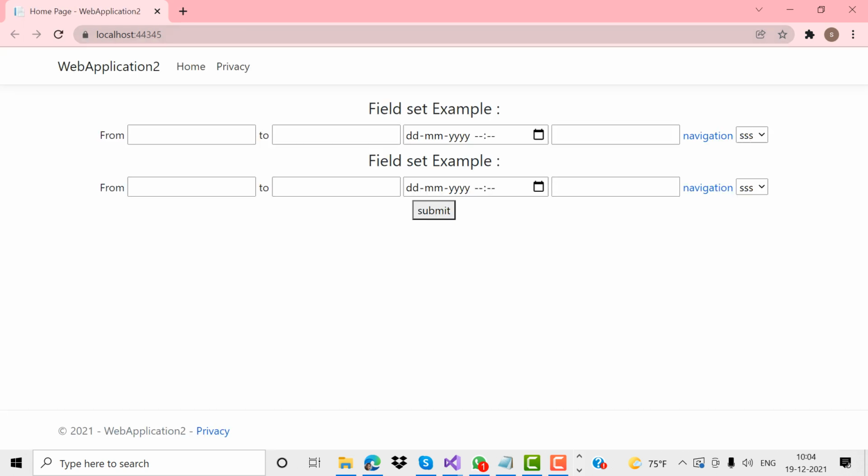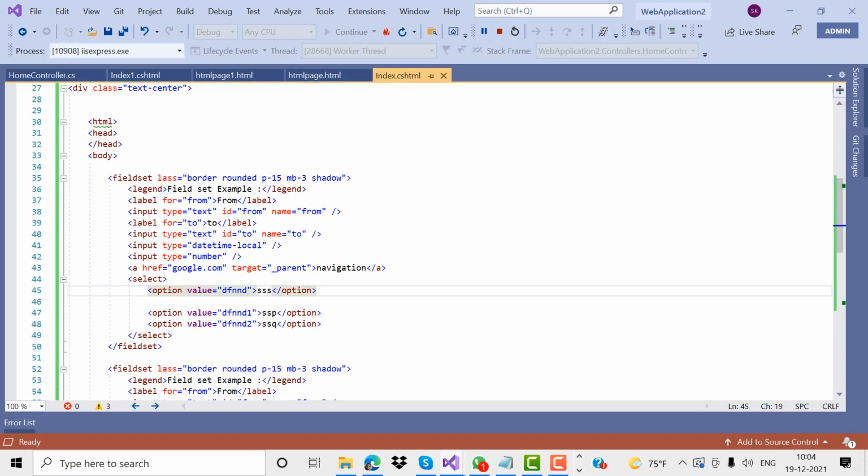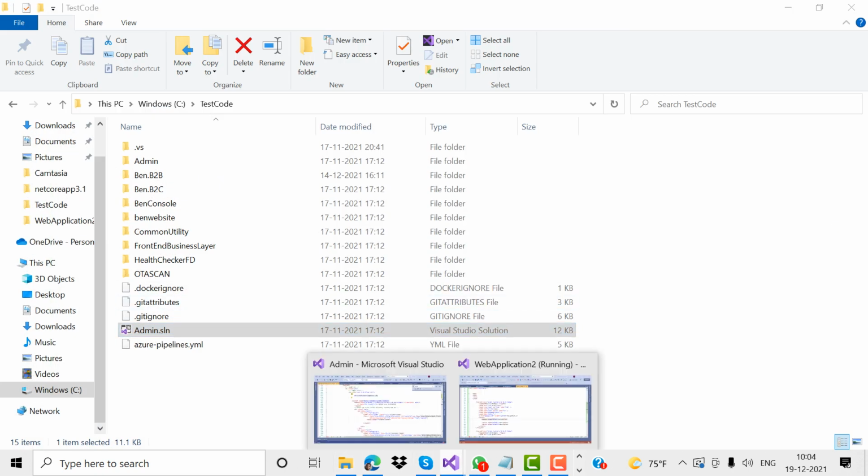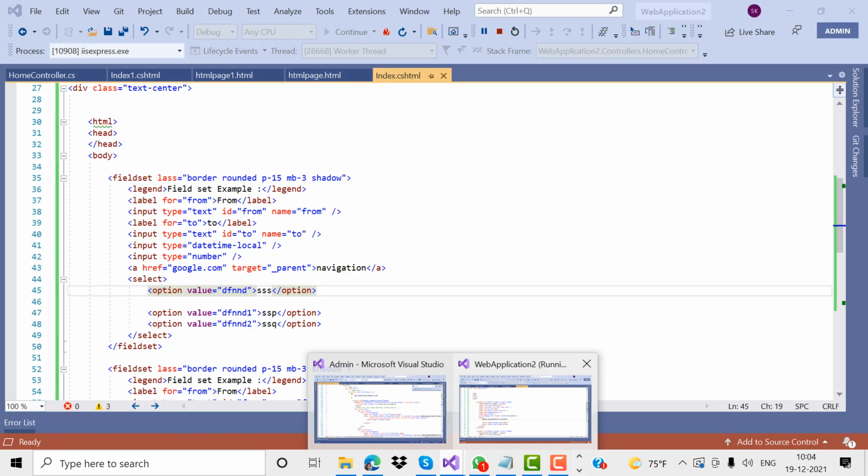This CSS is not loaded here. In one of my earlier applications I have given this CSS also. Wait, I will show you. These are the field set things.